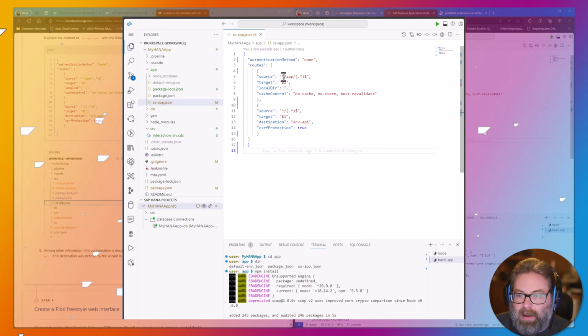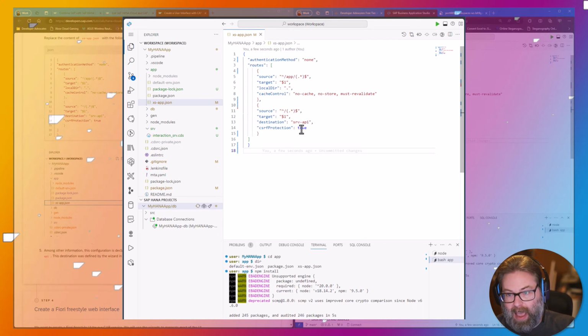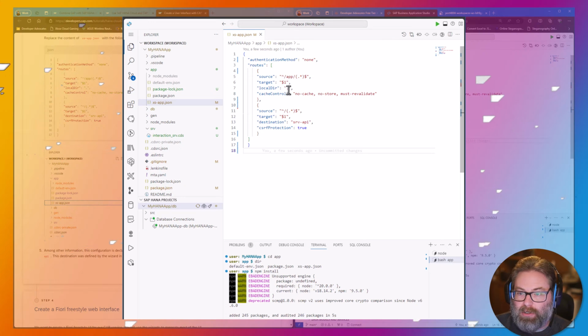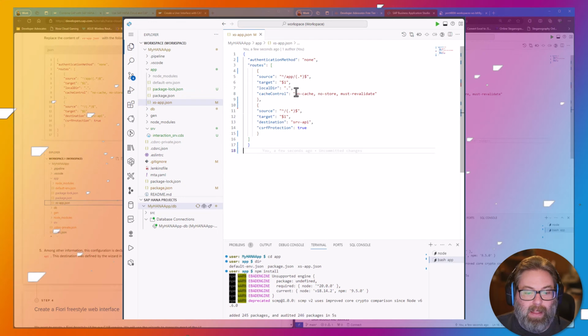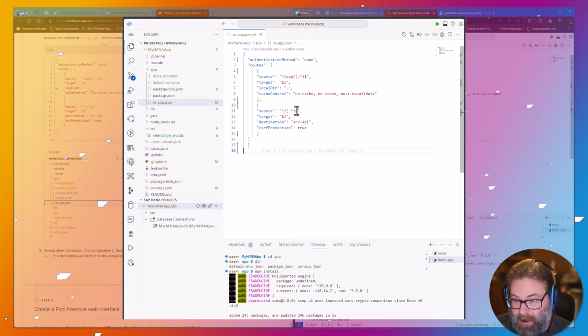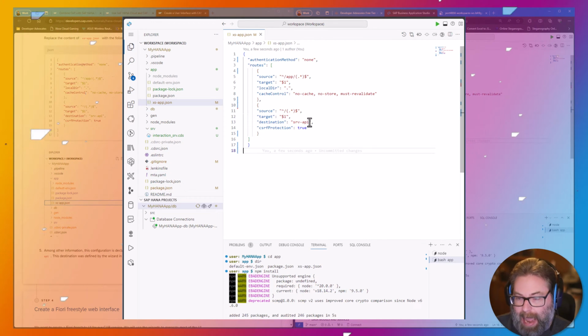What you see is, if any request comes in looking for a URL path of app, and then anything after that, then it's going to redirect to the local file system of the app directory, and it's going to serve out those files statically. But if it sees any other wildcard, it will send that to the CAP service.